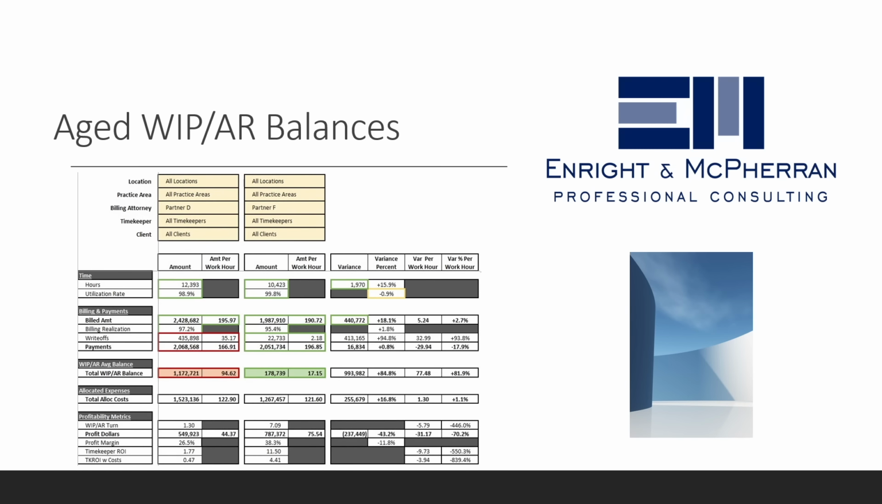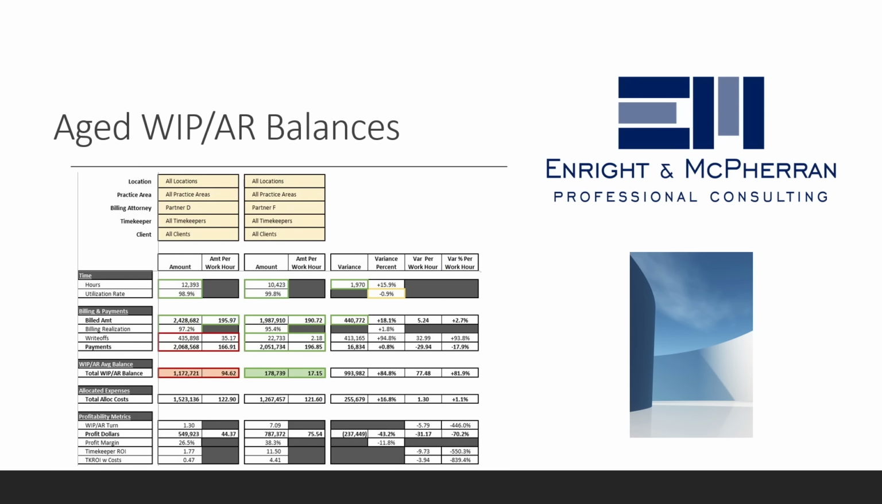The model also calculates WIP AR average balance over the past 13 months. WIP stands for work in progress and represents billable hours not yet invoiced, while AR stands for accounts receivable and represents billable hours that have been invoiced but are not yet paid. Understanding how much WIP AR is carried over the year helps us understand how well the firm is billing and